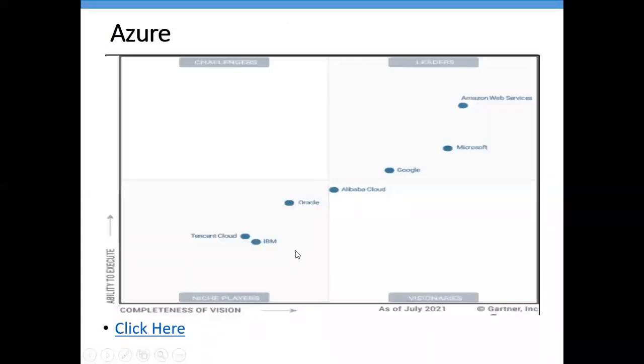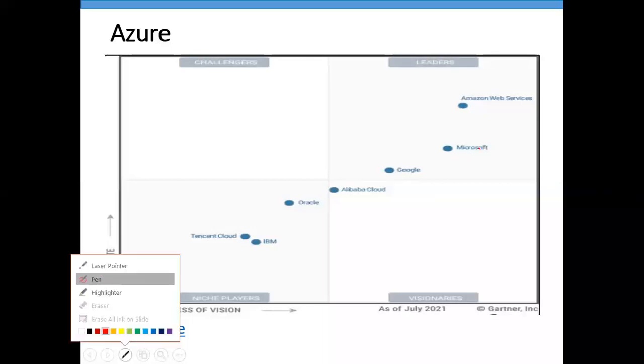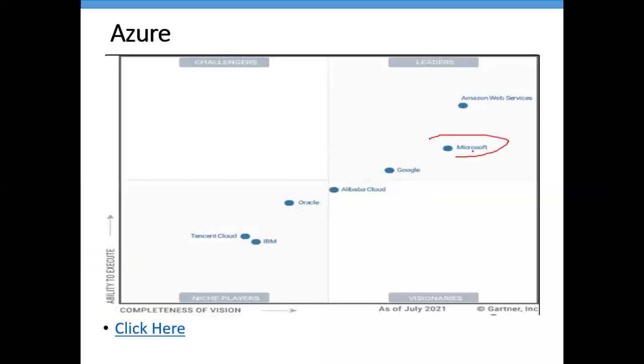Now here is the leaderboard which we have right now. If I talk about the market, Azure is the number 2 cloud we have. But this happened in July 2021, and after that we didn't get any latest review of the market. But if I talk about the last 3-4 years, Azure has captured more market than any other cloud.